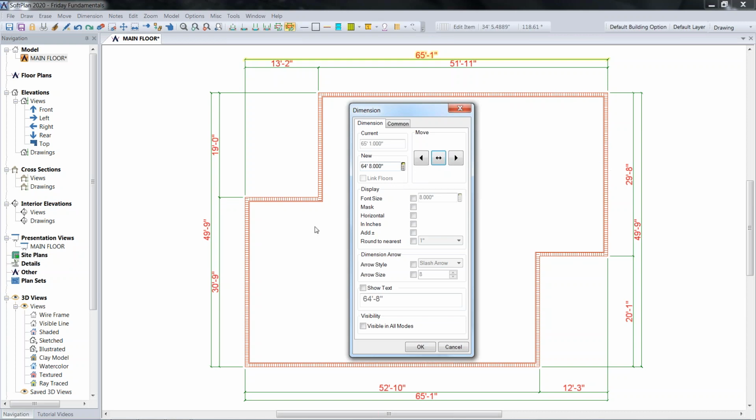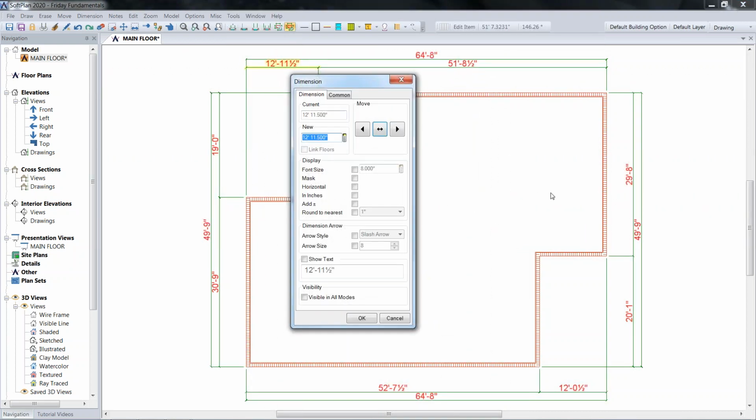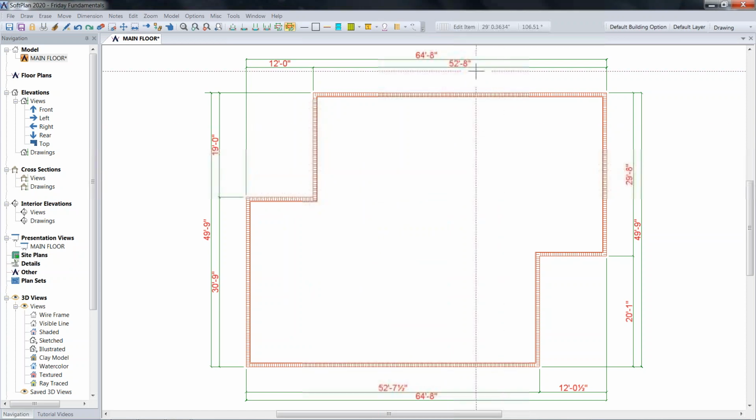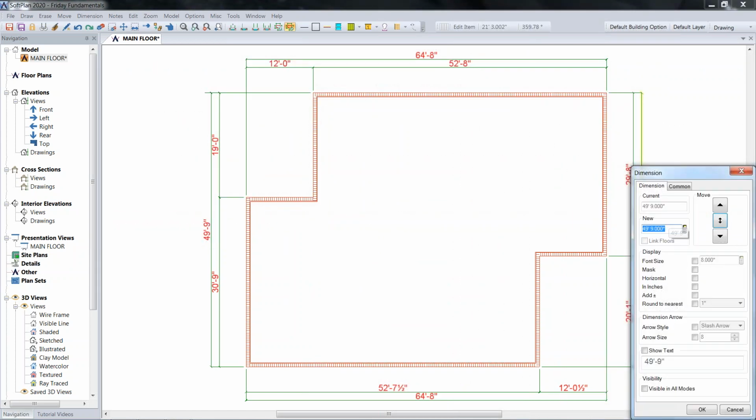I'm going to say move that wall and that wall. That's where those extension lines are anchored. And give me my 64.8, which it does. Then I'm going to tell this to be 12 feet. Now what I have to do is move this wall. So that's the end that I want affected. That leaves 52.8. Then I'm going to come down the side, and I'm going to make that an even 50